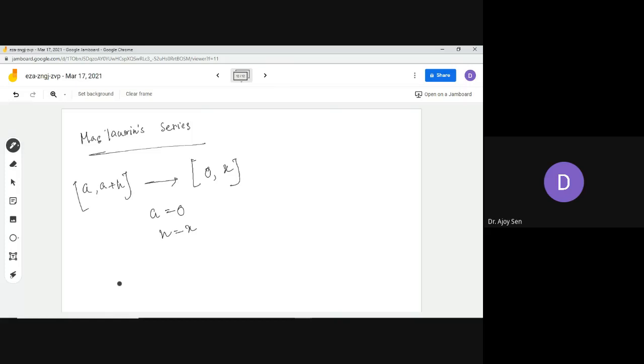The Maclaurin series is nothing but Taylor's series around the origin, because you are taking a to be 0, it's called the origin basically. So you are getting the Maclaurin series, the same Lagrange's and Cauchy's form of remainder. You just rename all those things, you put a to be 0 and h to be x, and you will get the Maclaurin series. So this is the Maclaurin series, and sometimes there is also a modification, like Taylor's theorem